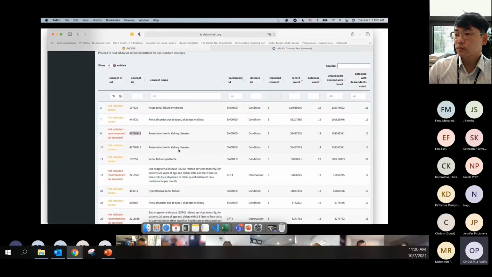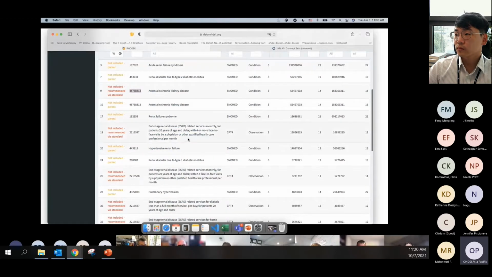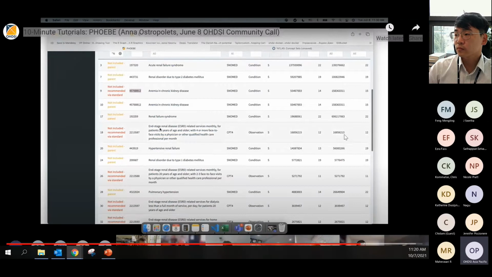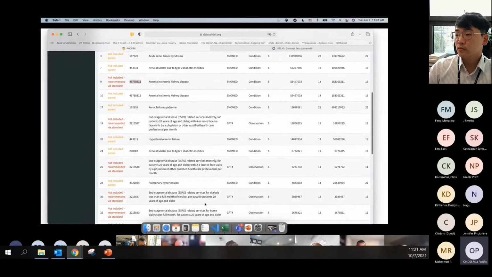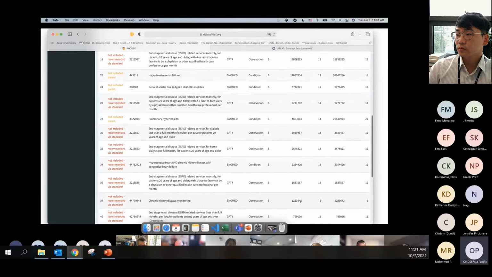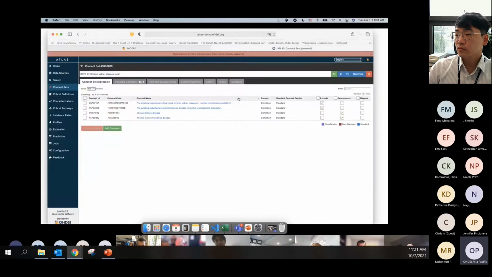And then if I go down in the similar fashion, I'll see things that are actually relevant. Like, for example, CPT4 end-stage renal disease services. Again, I may not know what this specific code is, but it says end-stage renal disease. So at least I can include it. And if I'm about to proceed with clinical review, I can show my clinicians those codes and tell them, hey, this looks kind of relevant. Do you want to take a look at that? In the same fashion, I'll go through all of these codes and we'll stop when the counts are low. And I will update my concept set in Atlas until I feel that this is a good concept